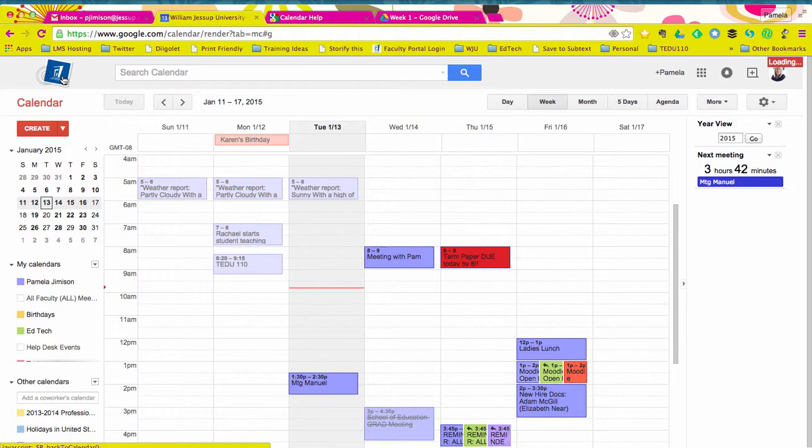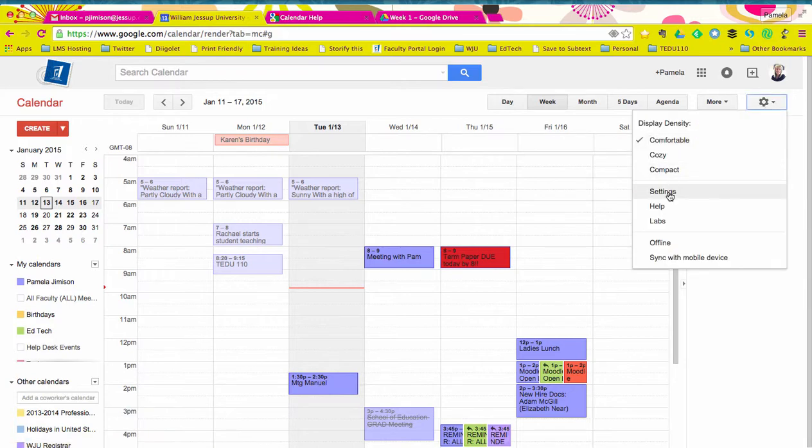So I hope that you enjoy using the Google Calendar. It can really help you keep up with things. One last note before I forget. In your settings,